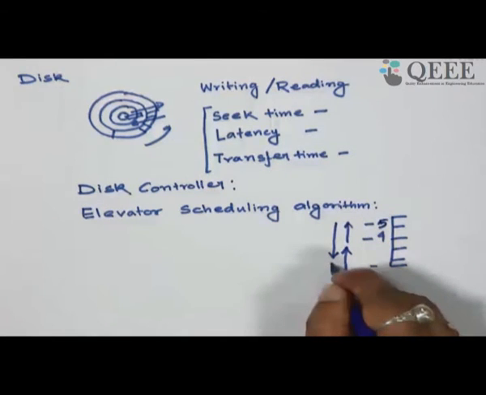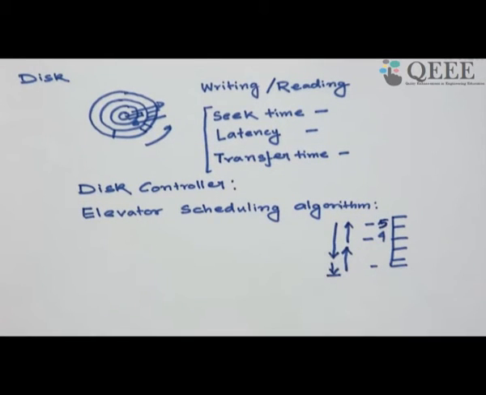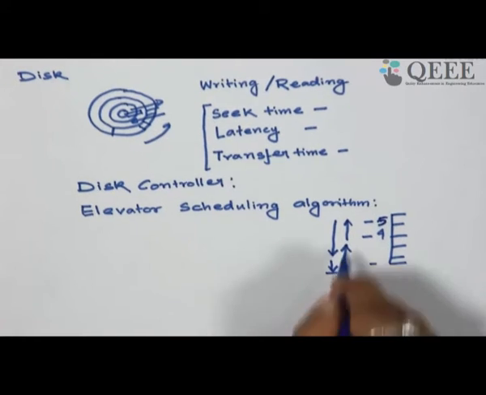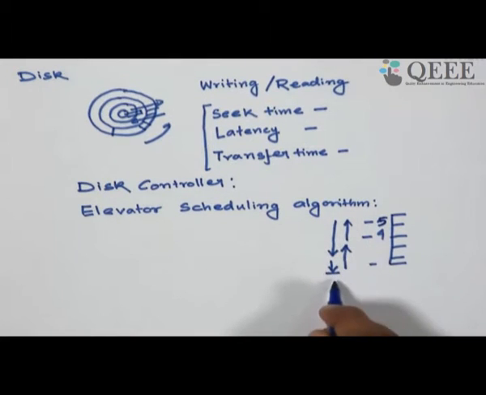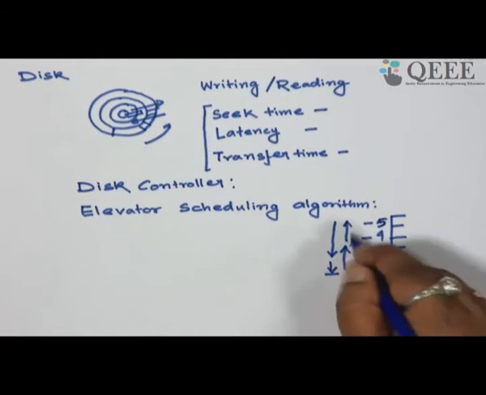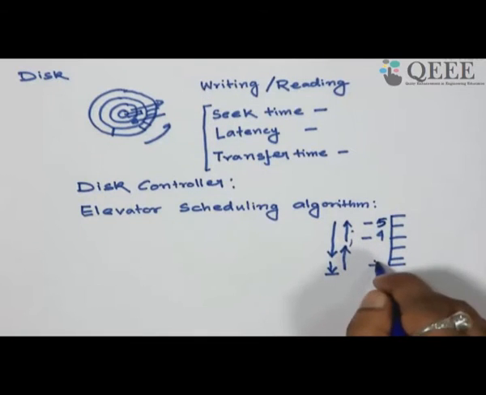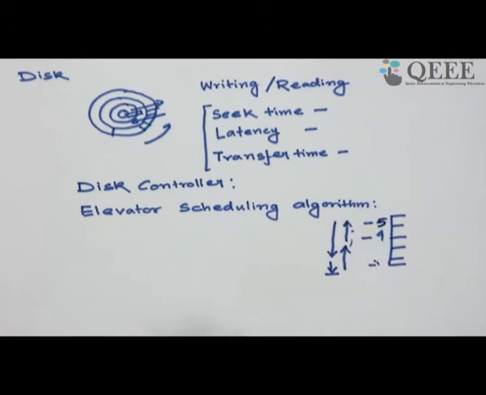It goes down till the lowest floor from where the request is available. It goes down and down till that. Basically, it goes up, it never turns back. It goes up till the highest point, goes down till the lowest point, again goes up till the highest point, goes down till the lowest point. If while it is going up, there is a request from below, this request has to wait.